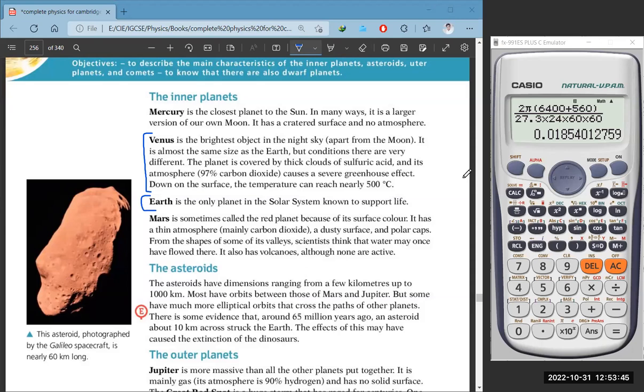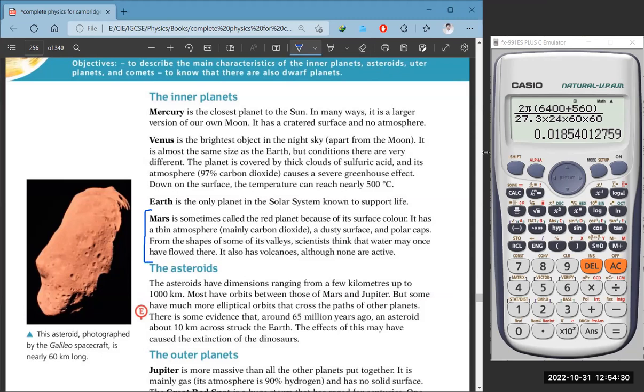Earth is the only planet in the solar system known to support life. All right, the only planet in the solar system, well, in the galaxy as well, as far as we can see. We have not really found life anywhere. But we have seen planets which can support life, but we don't really know if life is there or not, because we can't go there. The planets are very far away. We found habitable planets, which have the perfect conditions for life, but there is no way to actually go there and check. Now Mars. Anas, read.